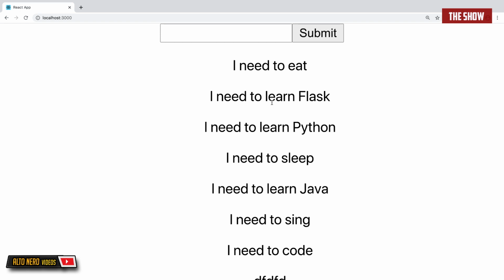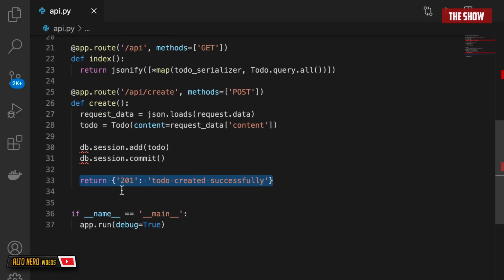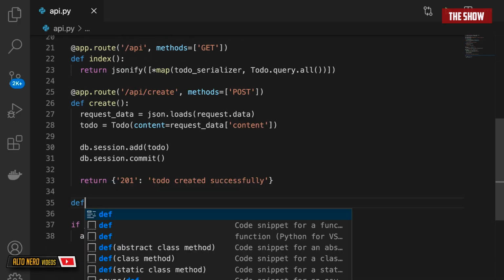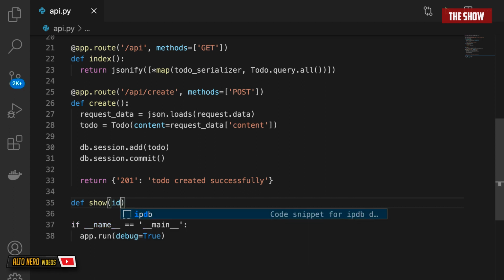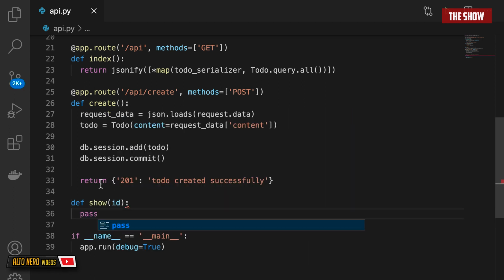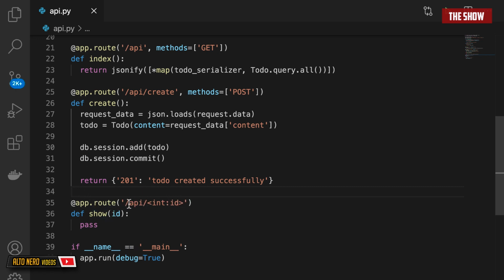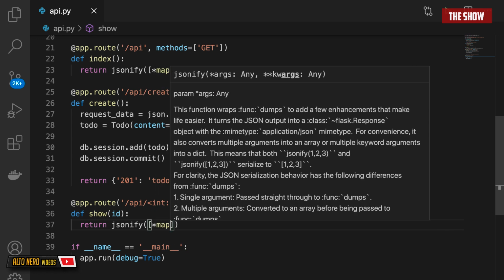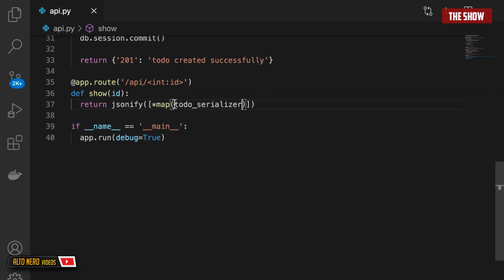Inside of the Flask application, I'll create another function called show, and this show will take an ID, and I'll say @app.route /api/<int:id>. When someone goes to /api/an ID, what I want you to do is to query the database. So I will say return jsonify, unpack the map, then pass it the to-do serializer,